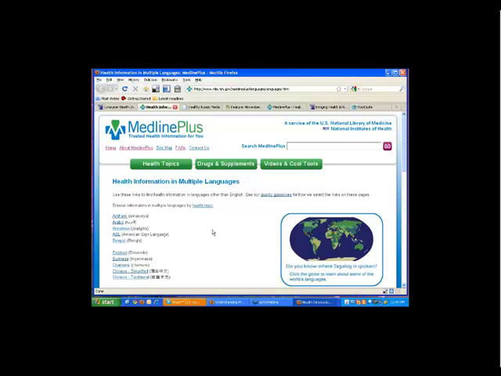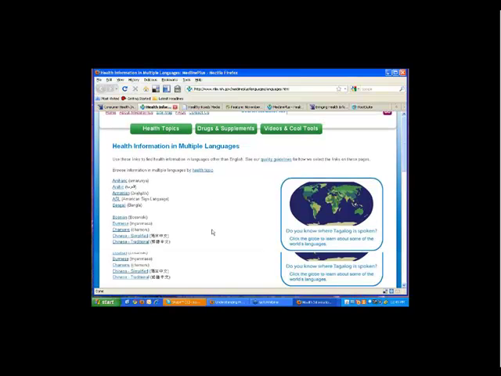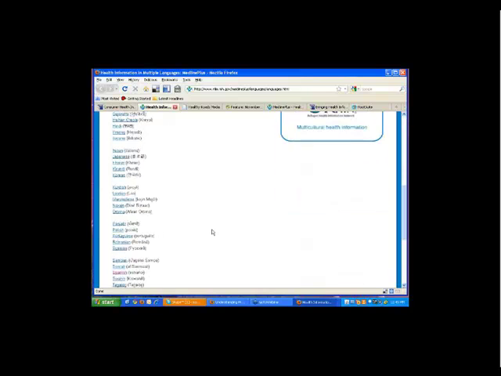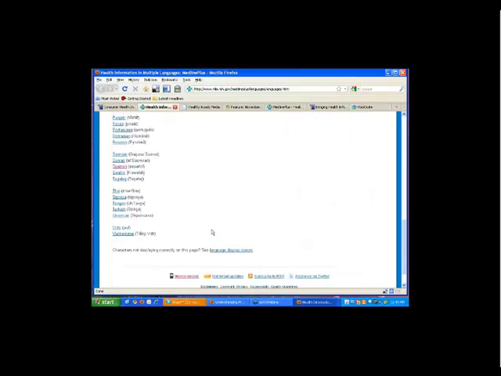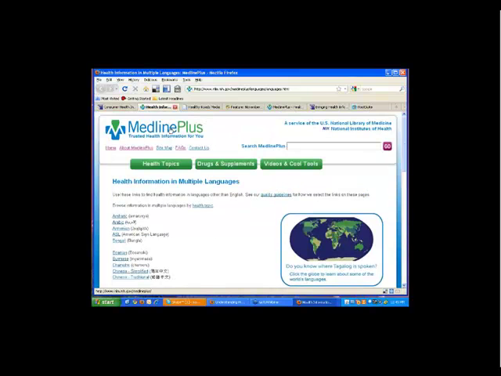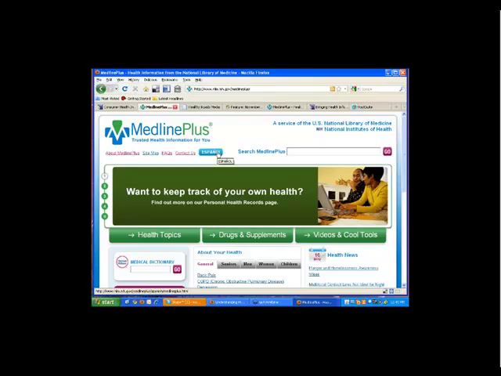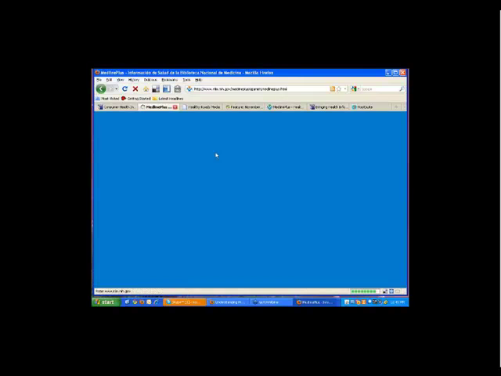It's very rich, as I said. And one of the sections we have includes this health information in multiple languages. And as I scroll down the page, you can see that there's a large number of languages that are included. If I go to the home page itself, Medline Plus also has a Spanish language portal.